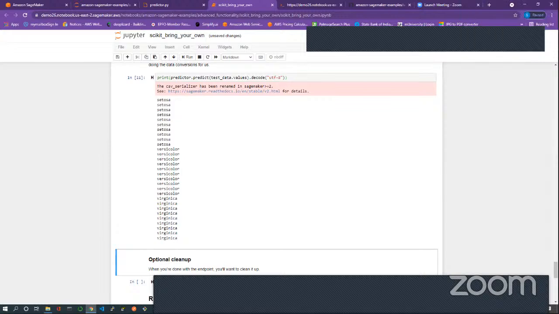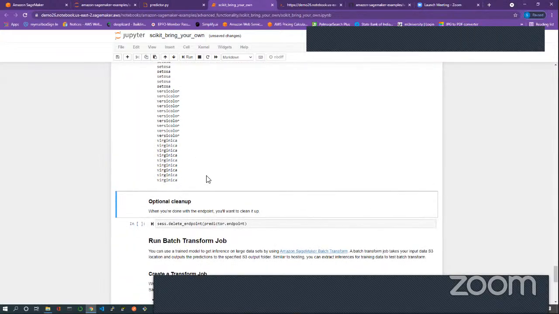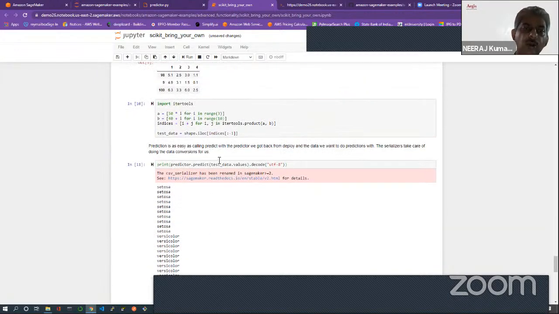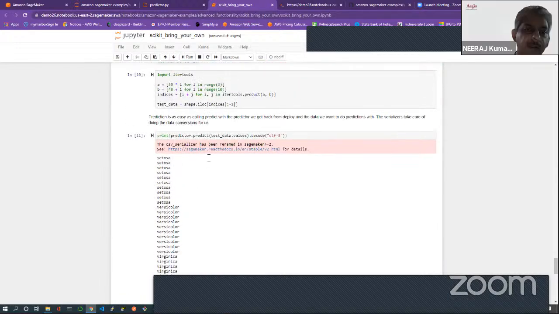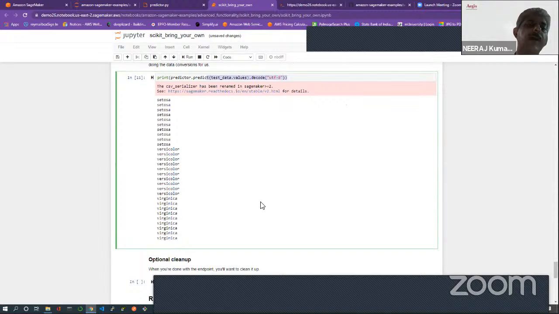Yes. Right? So don't we check the accuracy and stuff like that? Yeah, you can see the accuracy also in your model logs, which you can see in the backend in SageMaker. I don't have time, but I can show you. You can see each and everything that is happening. Okay. So this is what happens. This test data is given to this model and it is giving back your decisions.